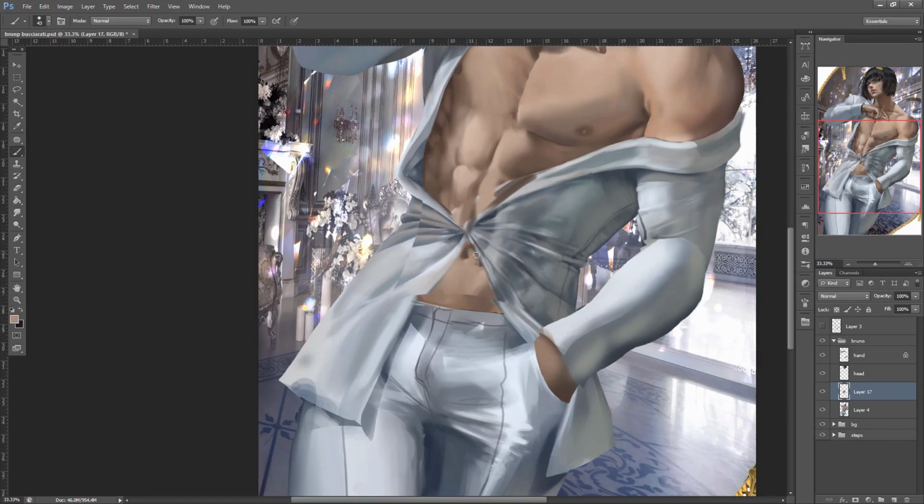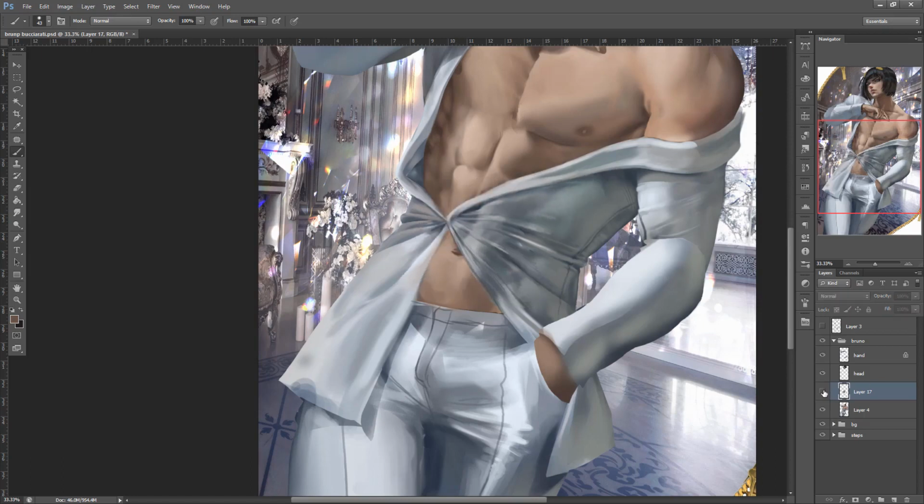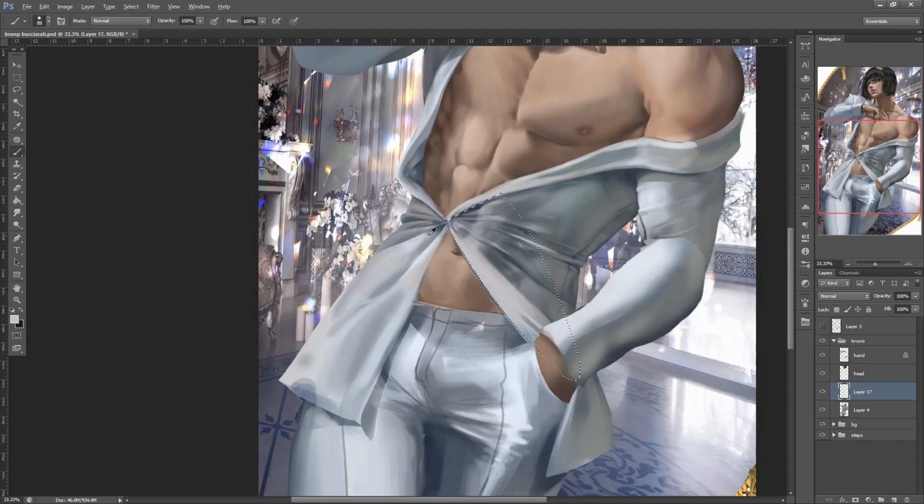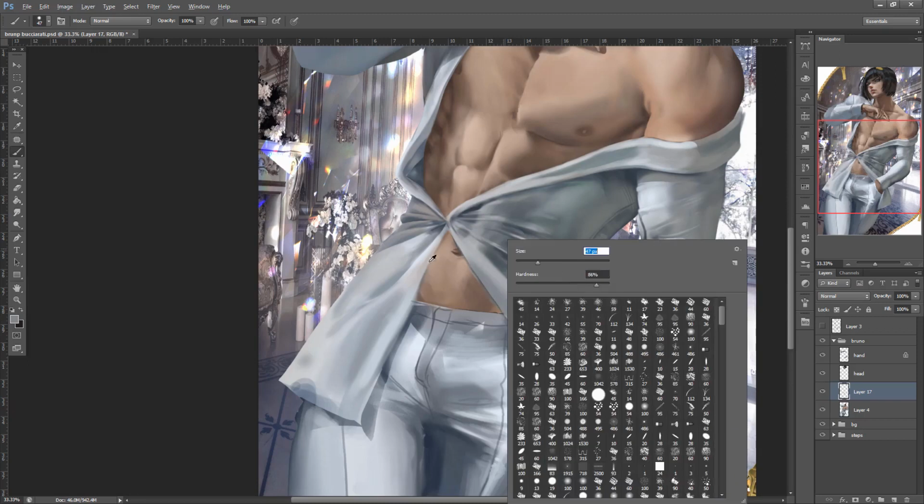So belly button here, or actually, keep it there. Gonna make another layer, and I'm going to make sure this bit is a bit more